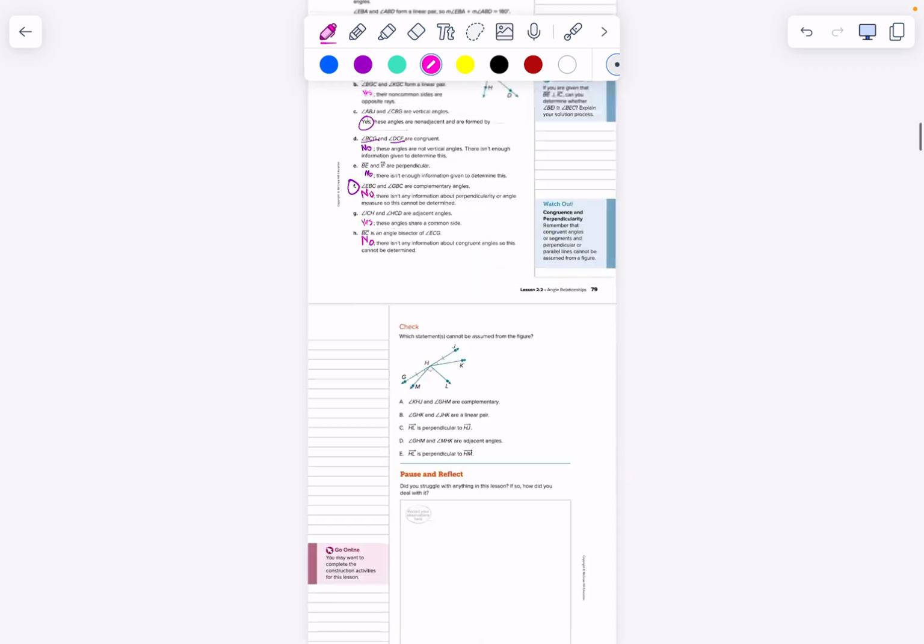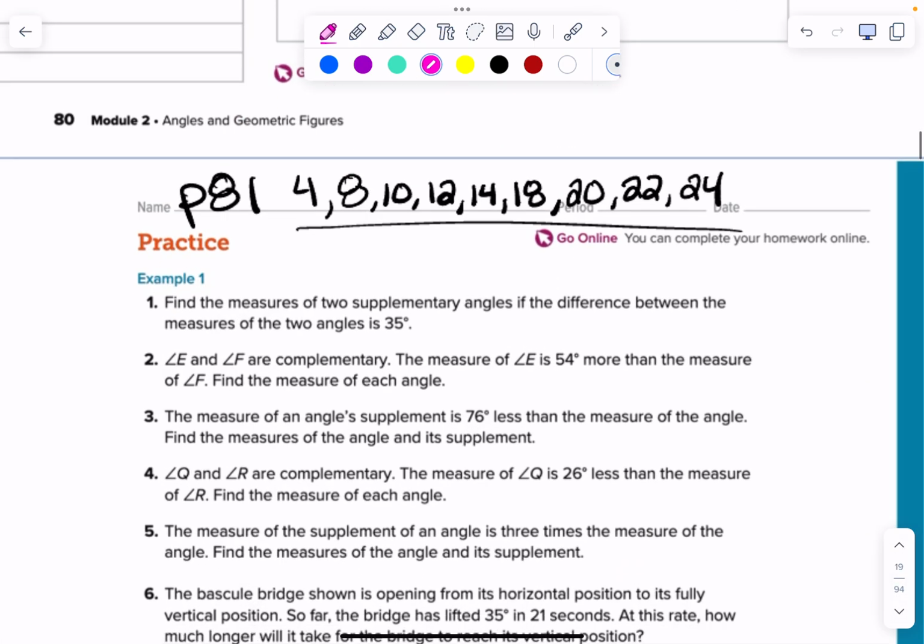There you go. Homework is there. Can I go talk to